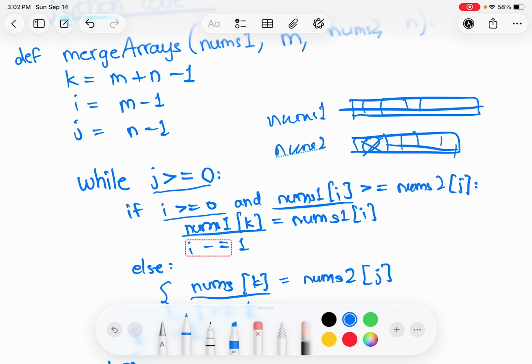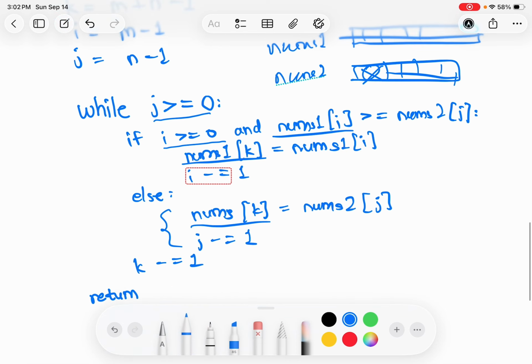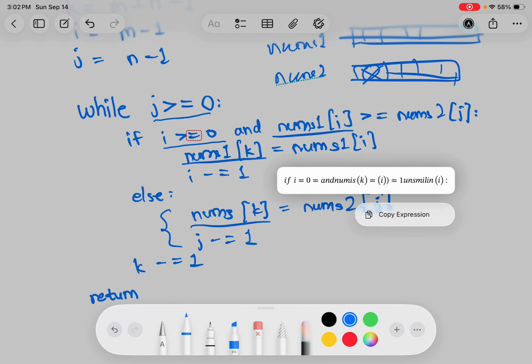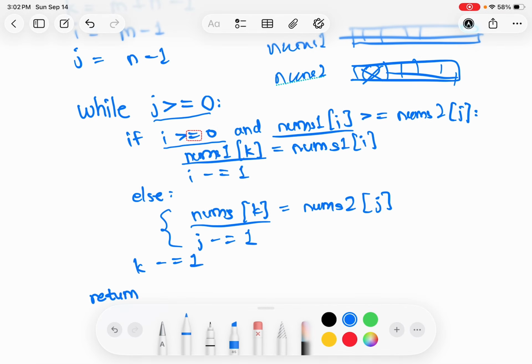There's another type of this problem where they check both i and j here, and then they will try to put the index, and then they will have another loop here trying to put any leftovers from nums2. But this is a simpler version of the code where we just check the index of nums2 and then put the